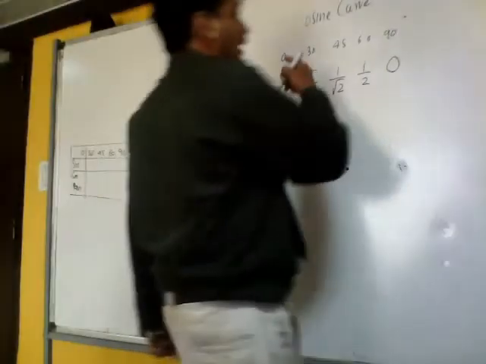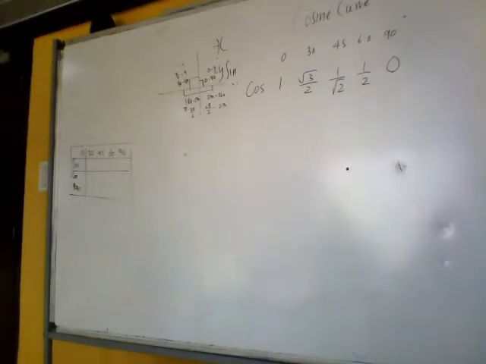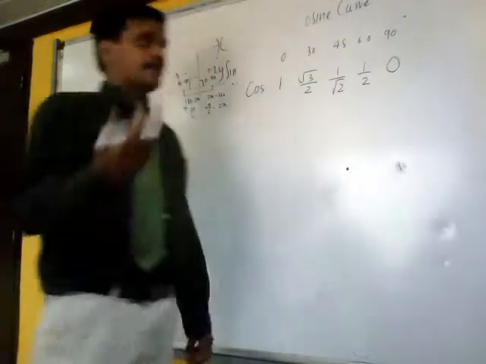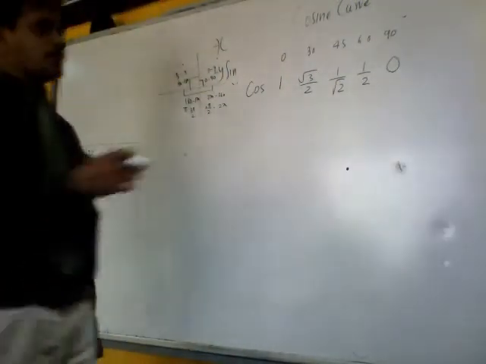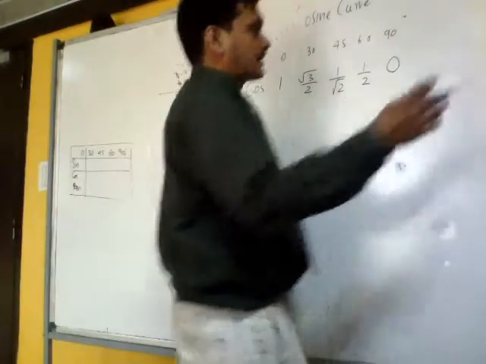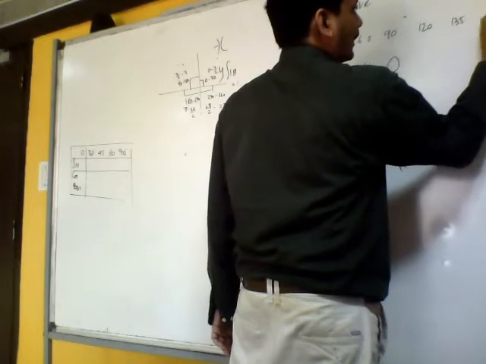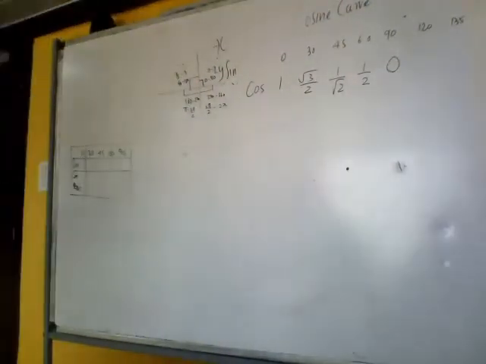Next comes, I have to continue the angle. I am trying to show you the first two quadrants. So it starts from 0 to 180, but I cannot pick up any angle. I have a system where I jump in a specific manner. It's going to be 30, 15, 15, 30. So it's going to be 120, 135, 150 and 180. The jump is similar again, 30, 15, 15, 30.